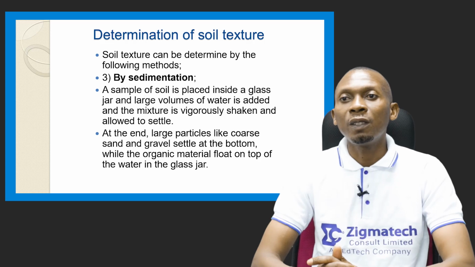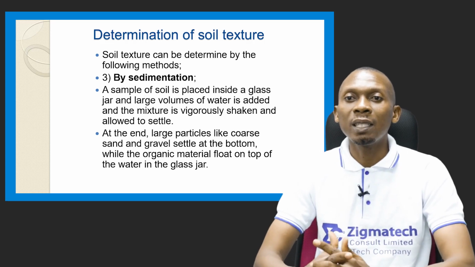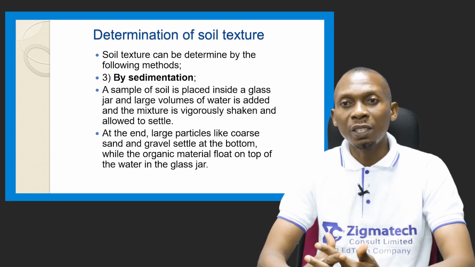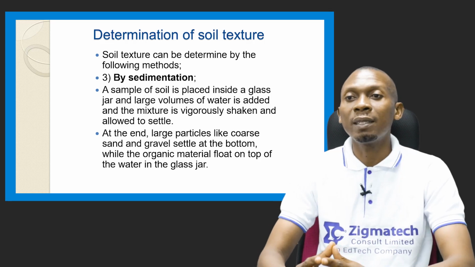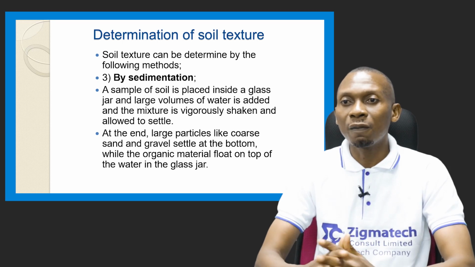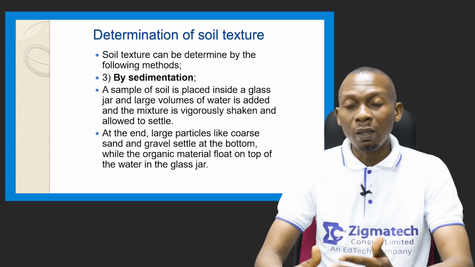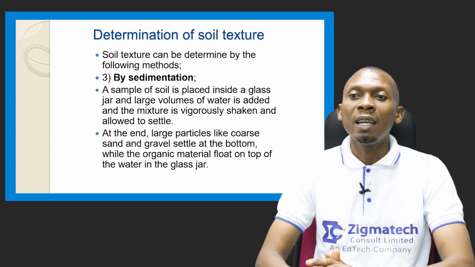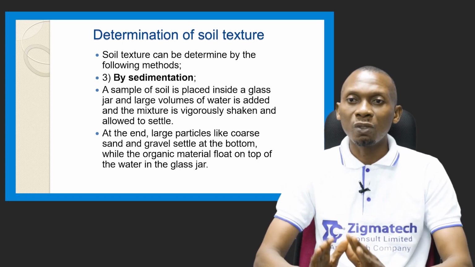Another method of determining soil texture is called sedimentation. Now, how is this achieved? You take a soil sample, you place it in a glass jar, and you add large volumes of water and shake it vigorously. Then you allow it to settle. That's, you keep it to stand